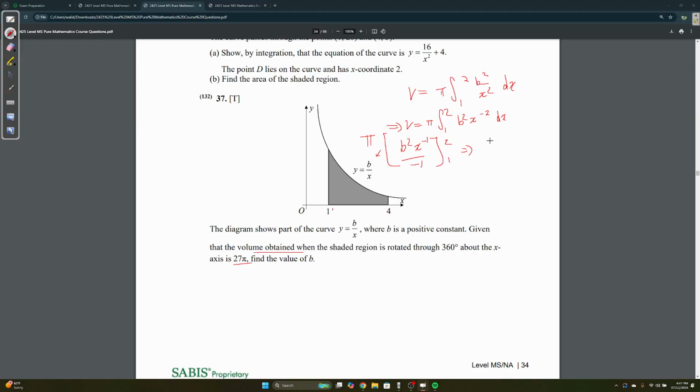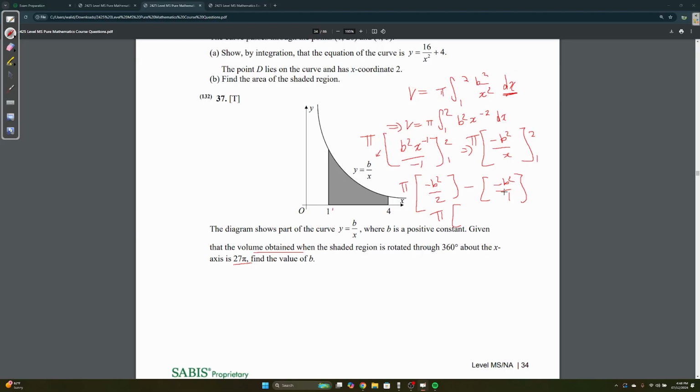So let's clean this up a bit. It's going to be minus b squared over x, pi outside, from 1 until 2. Right? Okay, now start substituting. Pi minus b squared, so minus 2 squared over, no, sorry, you don't substitute b. Don't substitute b, substitute x, right? We're not changing b, we're doing everything with respect to x. So minus b squared over 2, minus, open bracket, minus b squared over 1. Okay, so it's going to be pi minus b squared minus,